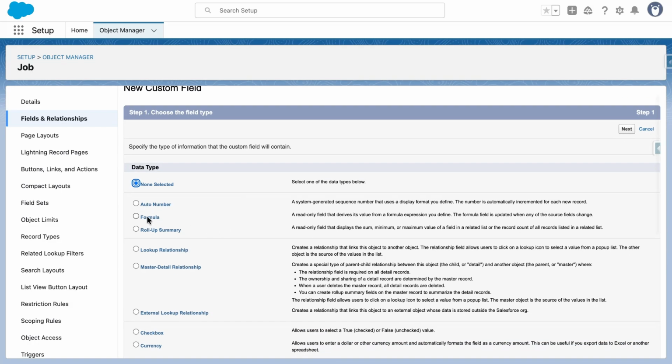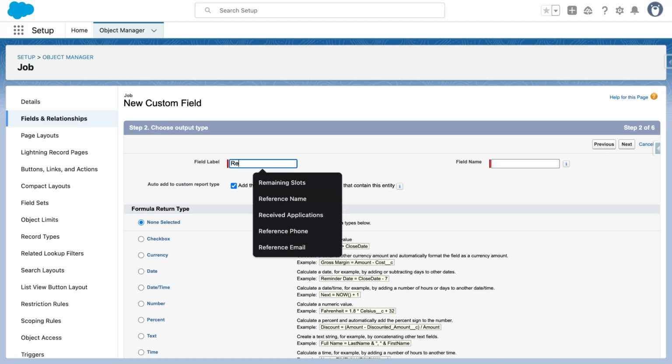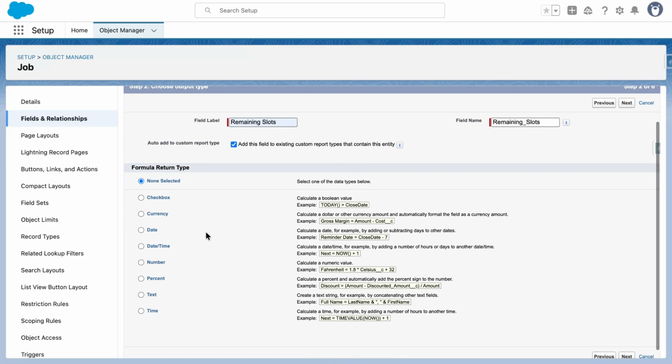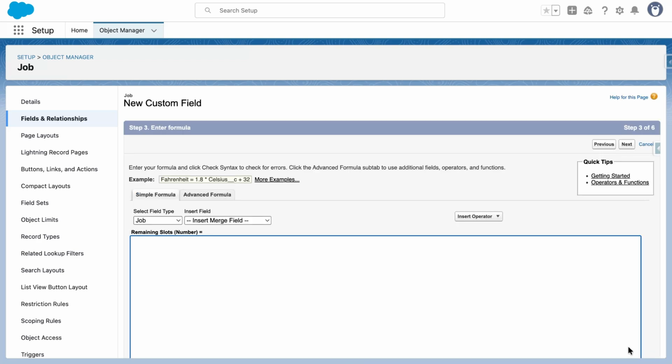This time we are going to choose formula and then next, and we have to decide the label. Let's name it remaining slots, and the formula return type should be number, and decimal places should be 0, because applications would not be in decimal values like 0.1, 0.2.